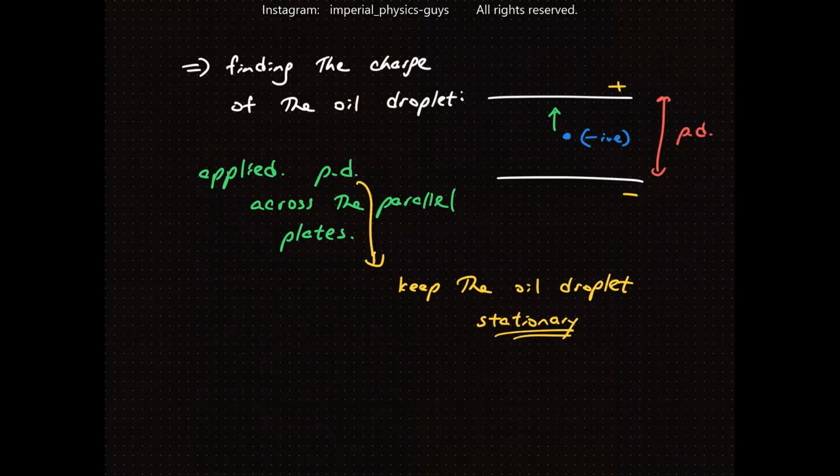So the idea of holding the oil droplet stationary is important, because then we have to apply the formulas for the electrostatic force caused by the attraction between the negative oil droplet and the positive plate, and we must equate that to the weight. And in that case, we must consider the stationary case, where the forces are balanced by each other. So what I have here is some sort of electrostatic attraction force,